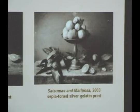Did that affect your work at all? I think I had more access to the light. The light in this new house was fantastic, so it gave me access to that. These pictures,